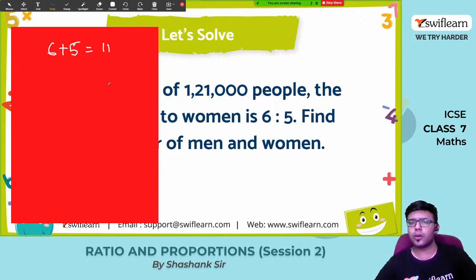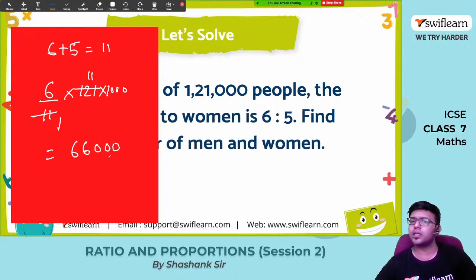Now, the number of men is given by 6 by 11 into 1,21,000. I will write it separately, into 1000, because that will be better for writing. So 11 1s are 11, 11 11s are 121. It is 11 square. We should know this. So 6 into 11 is 66. 66,000 men are there in the village, and the number of women is